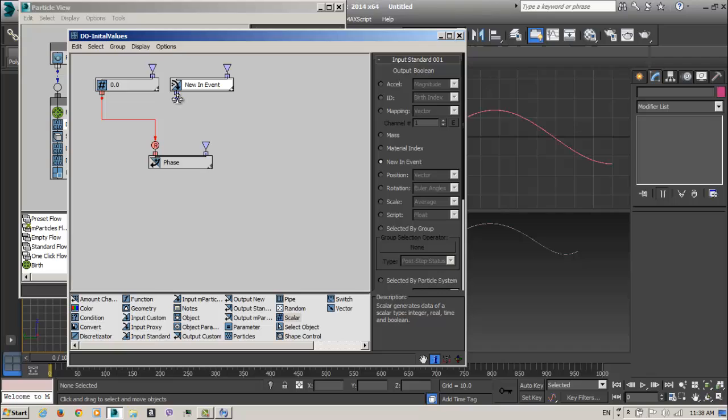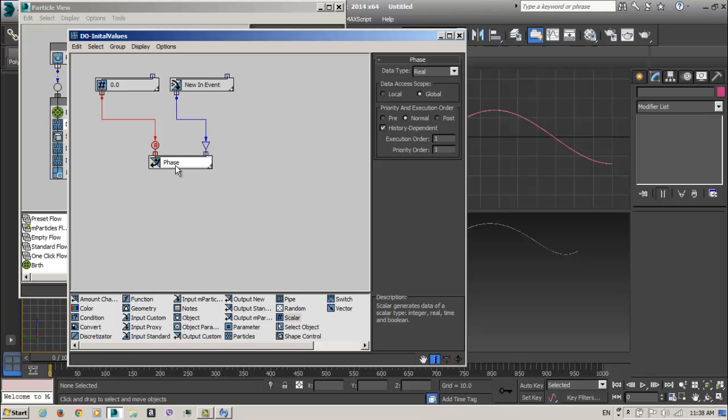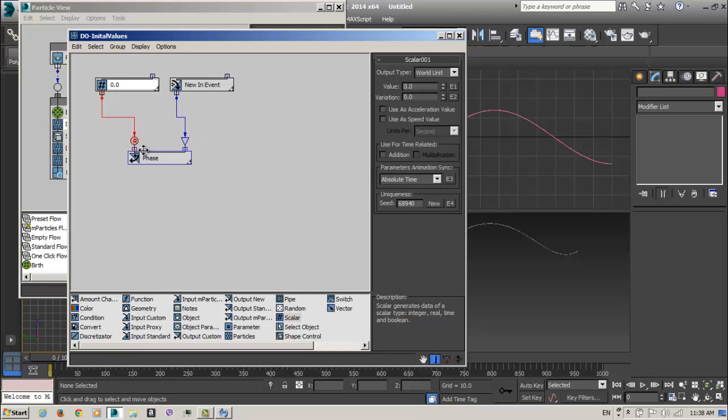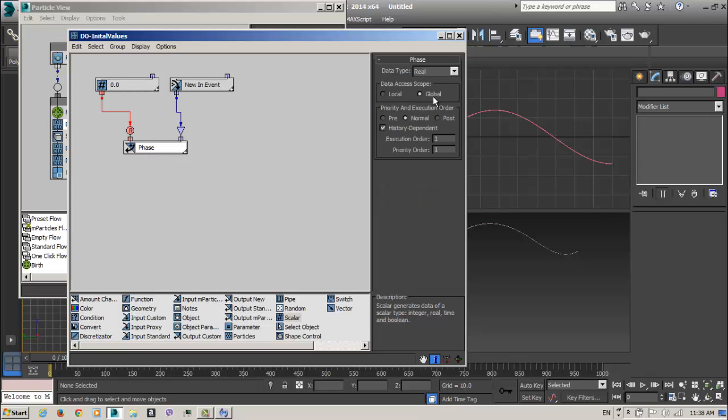When in the first frame this variable is created, the value will be 0, and after that we can change it. Okay, no problem. Select it, make sure it's global, and select all of them, right click, copy and paste.